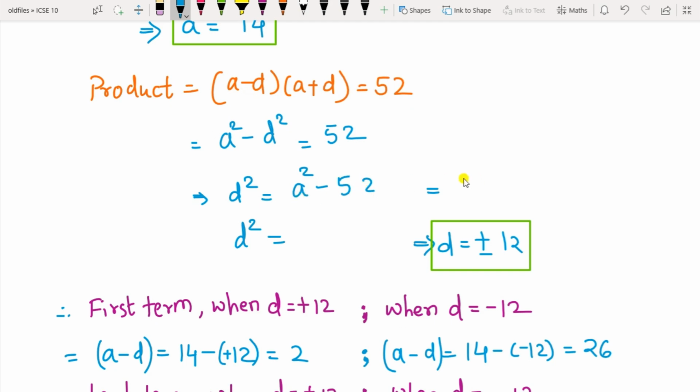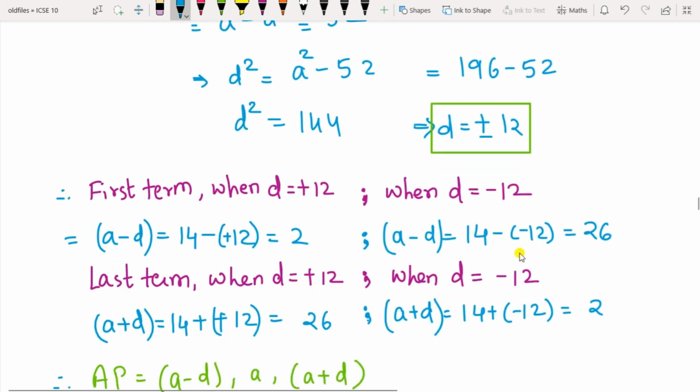A is 14, so 14 squared is 196 minus 52, that is 144. So D squared is 144, so D will be equal to plus or minus 12. Now to find the first term when D is plus 12 and D is minus 12, so first term is